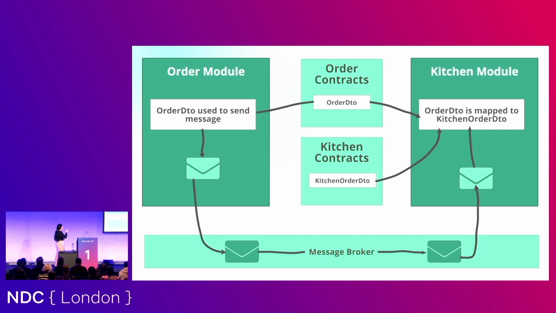So back to Tacky Tacos. We have our DTOs, data transfer objects, in our contracts. So we know what we're sending them and what we're decoding to. So we create a message, publish that to the broker. The kitchen module is going to pluck that off. And it's like, okay, because I have access to the other contracts of that module, I know what this is and I can use it. This is your bounded context. That's your interface between things, all right? So that's how we're starting to enable the communication language between our modules.